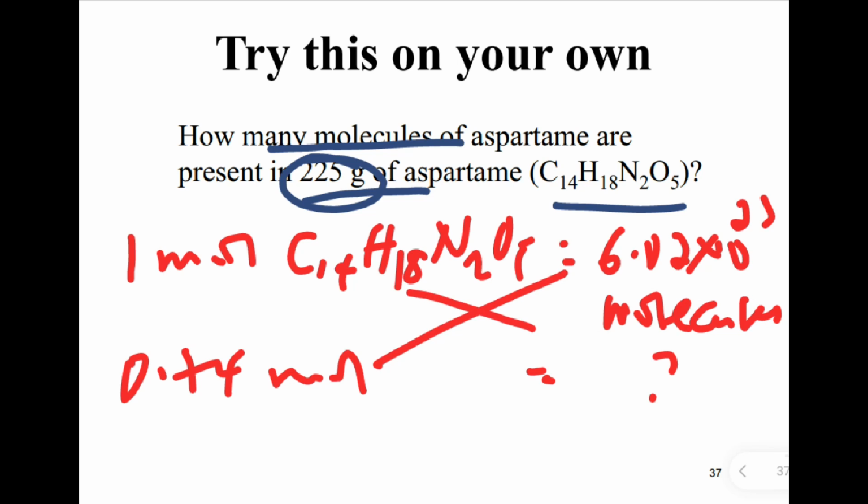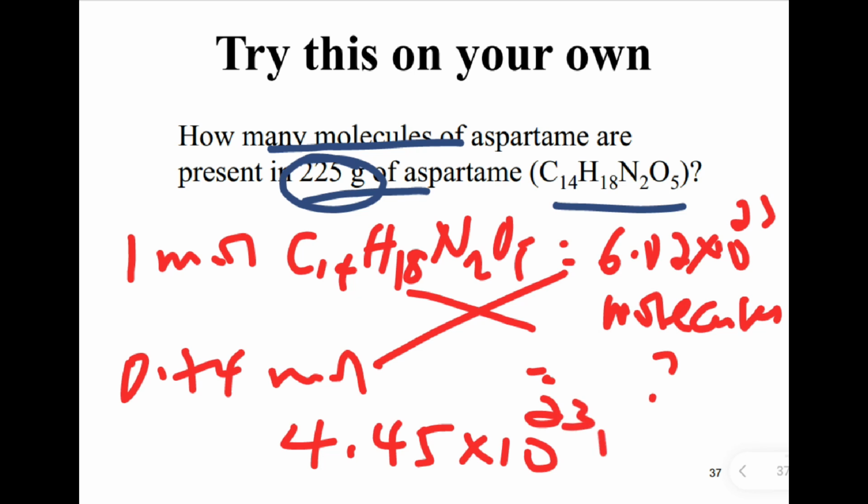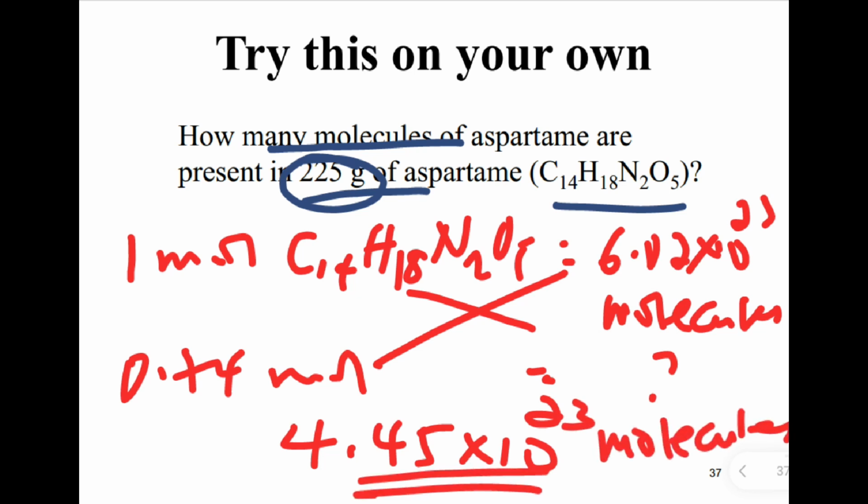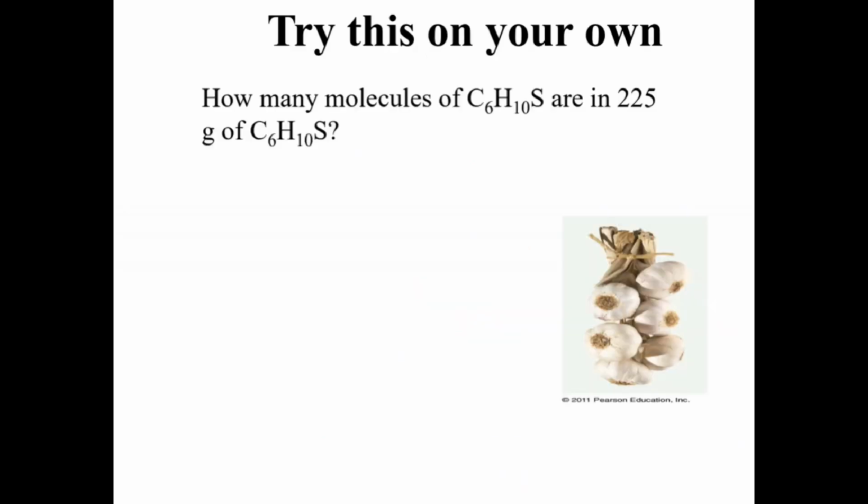So 0.74 times 6.02... 4.45 times 10 to the power of 23 molecules are present እንላለን ማለት ነው። ስለዚህ በዚህ መልኩ መስራት ትችላላችሁ። How many molecules of C6H10S, it's called allyl sulfide, a chemical found in garlic ማለት ነው, are in 225 gram of